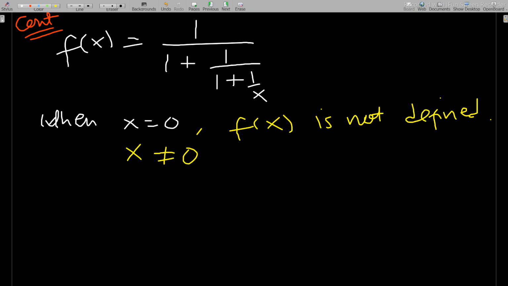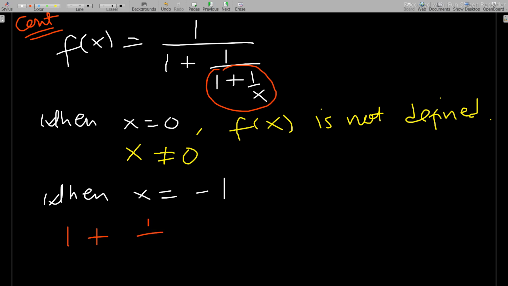Now what if x is equal to -1? What will happen? Let's look at this. When x equals -1, I'm taking only this part of the denominator. When x equals -1, what will happen? I'll have something like 1 plus 1 over -1, and this will give me 1 plus -1, which is equal to 0. So it means that when x equals -1, the whole denominator of this fraction here